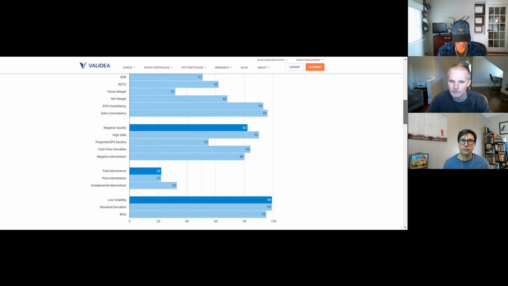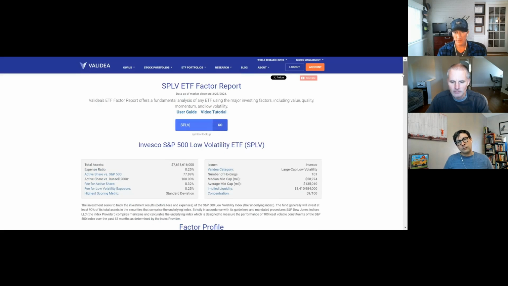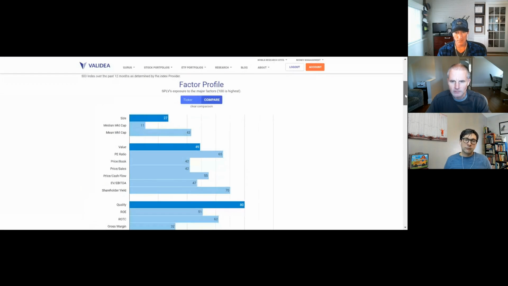So what's interesting is, the MSCI USA Min Volatility is benchmarked to the large blend index, whereas this ETF is benchmarked to the large value. Interestingly, because its current value exposure, at least through our system, is not really high on value. Is that from Morningstar? Yeah, this is from Morningstar.